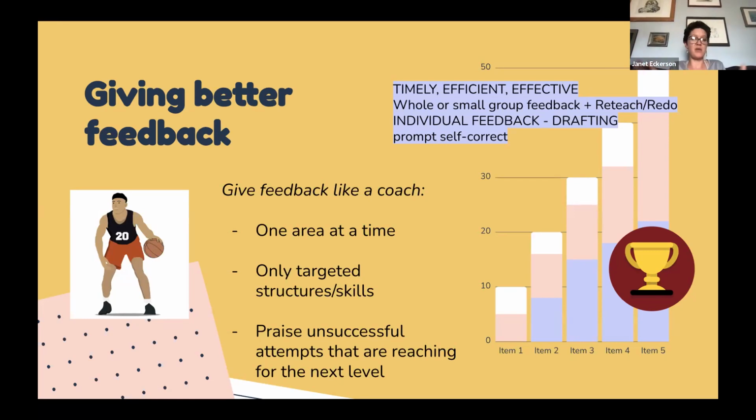If students turn in a piece of writing, I don't need to comment on every error, right? If what we're working on is using the past tense, focus my feedback on their use of the past tense and kind of let the other things go for right now, right? And we want to praise students for unsuccessful attempts that are reaching for the next level,